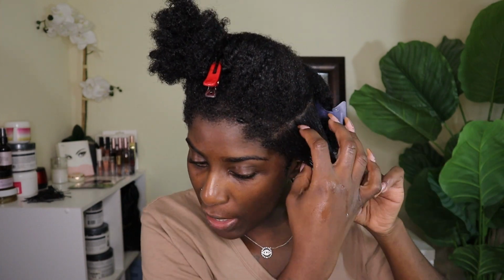Okay guys, so I applied the product. I can tell automatically it is very hydrating, does define my curls very quickly. As far as the smell, I don't know, it smells like cream to me. I don't smell any particular smell. I don't get any aroma of like honey or anything like that, but the product is giving some hydration, you feel me, and definition. So I'm gonna go in to the curl activator and